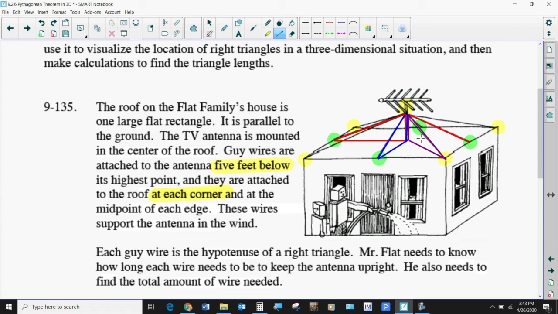So if you can picture two matching right triangles here and here where I show the red lines, you're going to have two matching right triangles where I've got the blue lines, and then this is kind of like a purplish color. I'm not sure if you can see it through the video, but this one should match this one and that one and that one. So a total of 8 different right triangles that we're going to have to